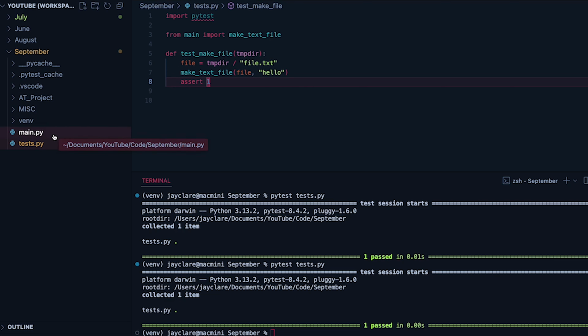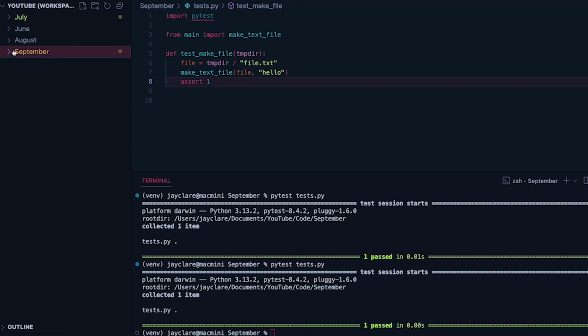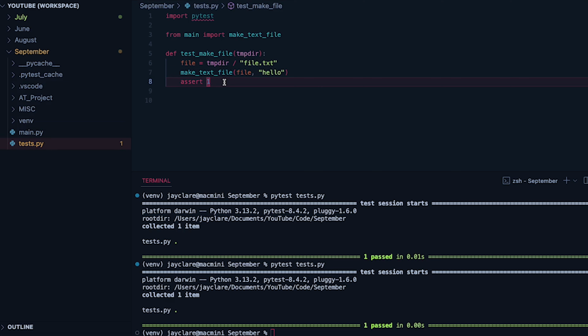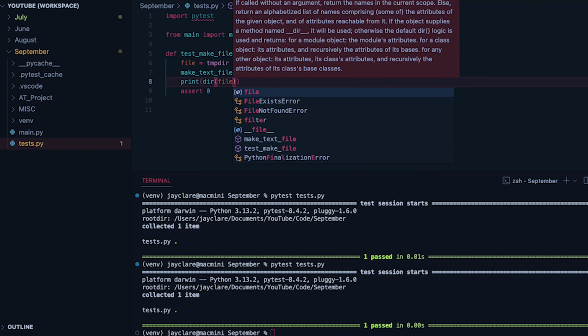Therefore, it's not going to be polluting the project every time you run your tests. So how do we actually test this then? So we can see my code saying, open the file, write some text. What I could do, let's see, if I just come down here for a second, if I do assert 0, I want to show you something about this file object here. If I do print dir of file,